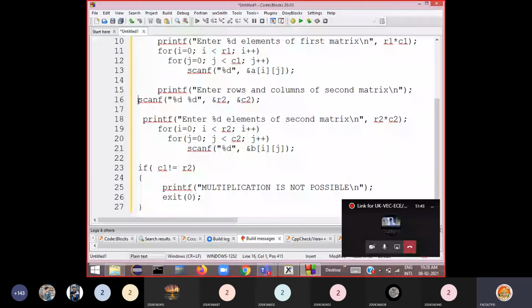Then I'm reading second matrix elements. Then I'm checking here possible or not. Okay.